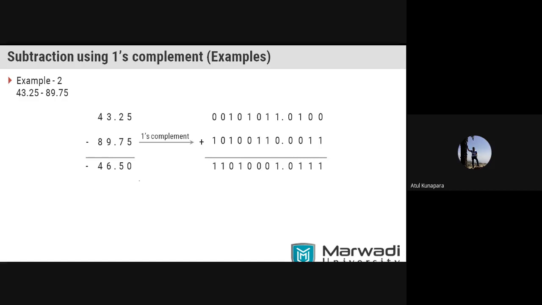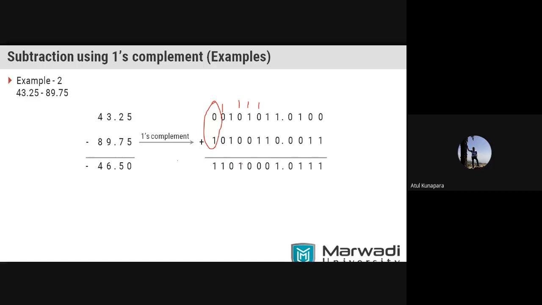In this addition, if I just perform that addition here, you can see first it will be 0 plus 1, so it is 1. 0 plus 1, it is 1. 1 plus 0, it is 1. 0 plus 0, it is 0. I'm moving from the right side. 1 plus 0, it is 1. 1 plus 1, it is 0, so with 1 carry over here, 1 plus 1, it is 0 again, then 1 carry will be there. 1 plus 1, it is 0 again, and the 1 carry will be there. 1 plus 0, it will be 1 here, no carry. 1 plus 1, 0 again now here, then 1 carry will be there. 1 plus 0, it is 1, and 0 plus 1, it is 1. So here, when we have added the last bit, we do not get any carry over.